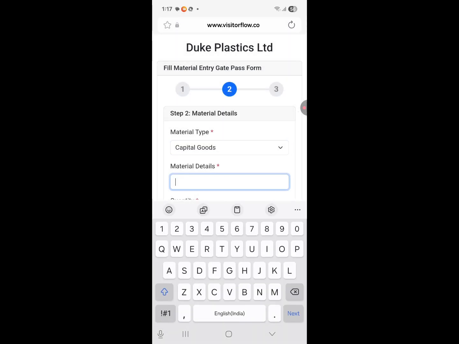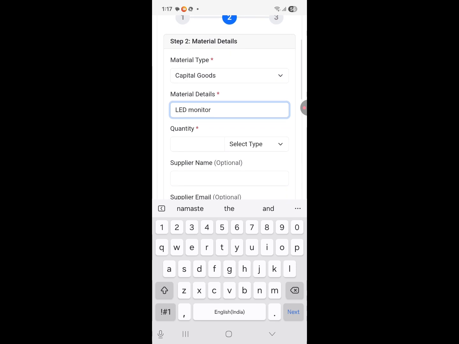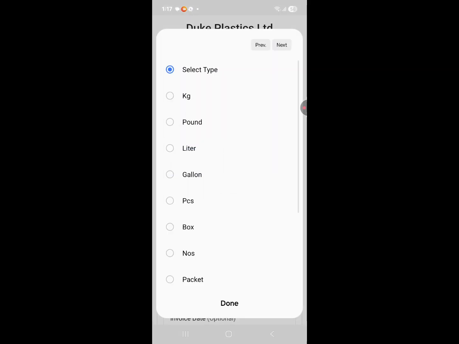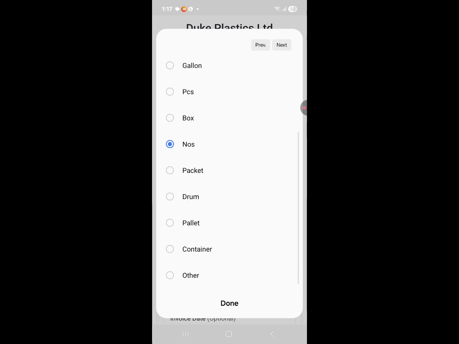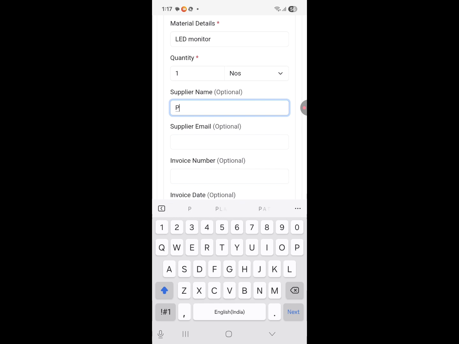What are the material details? So I may say LED monitor. Then going forward, how much quantity is it? 1 number. Supplier name, this can be copied from the invoice. Supplier email,